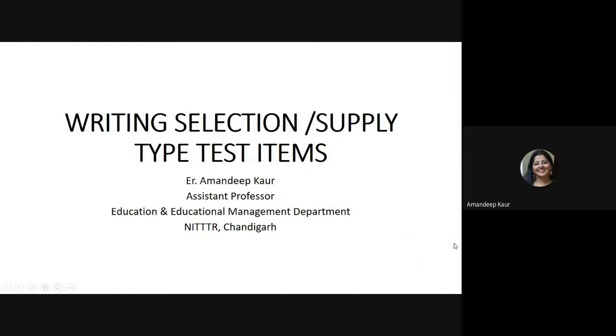So the topic that is assigned to me for this particular program is writing selection and supply type of test items. After this particular session, there will be one task assigned to all of you based on the input provided in this particular session. So when it comes to designing a written test, there are many choices available with the